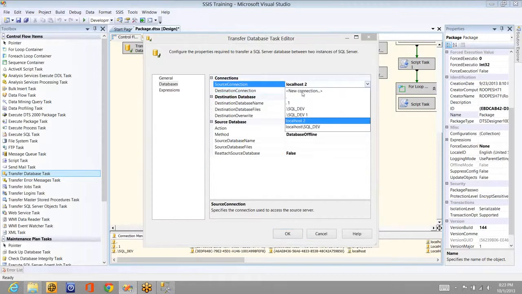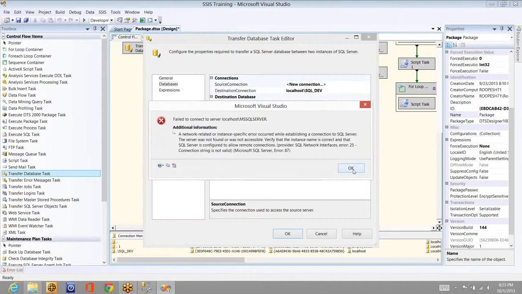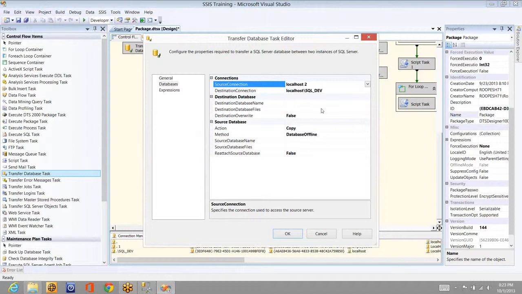Now let me change it. I'll make it as localhost / I'm giving the instance name too. I told you, right? Default instance name is MS SQL Server. I think I have to give dot, not localhost. It's going for a toss. Okay, let me go with localhost itself. Okay, I'll cancel this and I'll go with the localhost too.